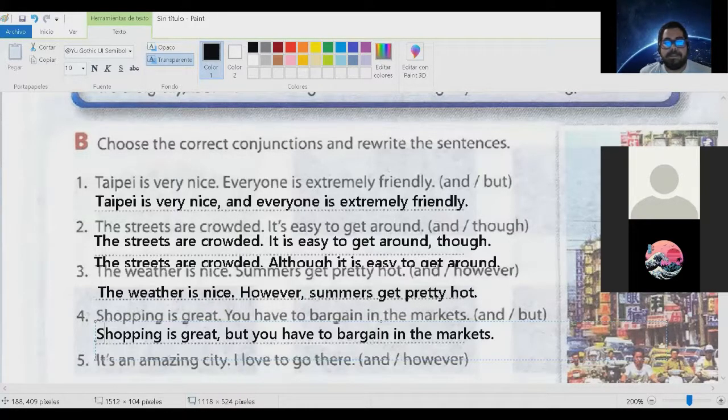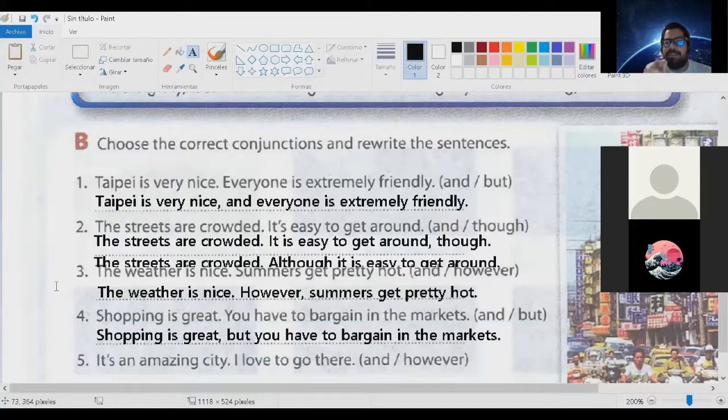Teacher, what is this bargain? Bargain is regatear o negociar. Más el término español nosotros es regatear. Cuando uno llega a una tienda y uno dice, ¿cuánto vale la camisa? $5. Bueno, tengo $3.5. Se la dejo en 4, no, pero tengo 3.5, 3.75, ok, vendida. Okay, that's a bargain. In other countries, it's really usual. Over here in Costa Rica, not. You go and you ask for a discount, but you don't bargain.